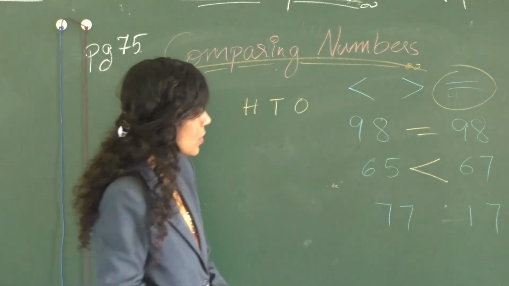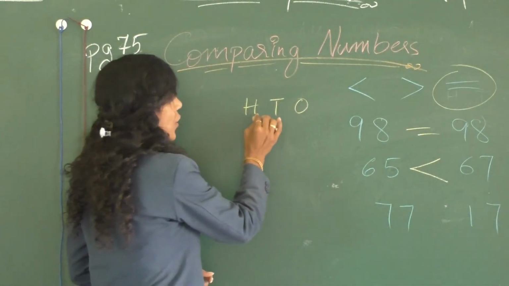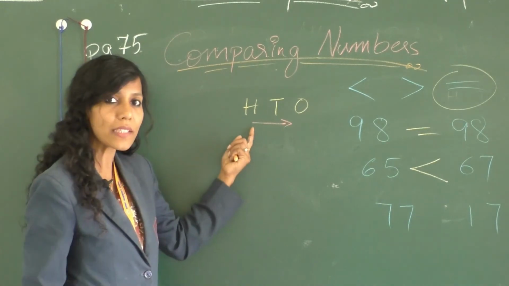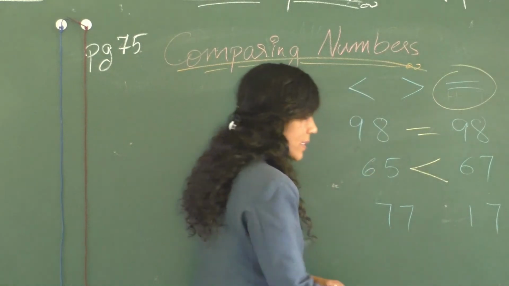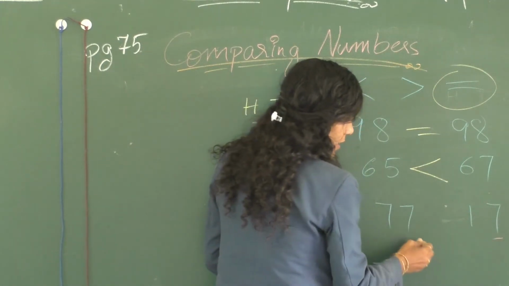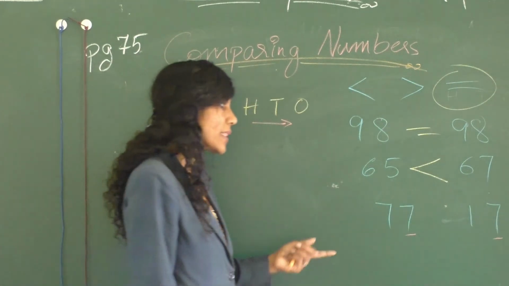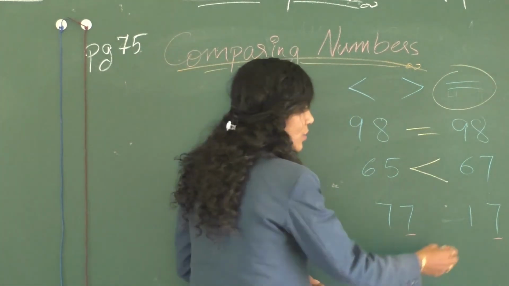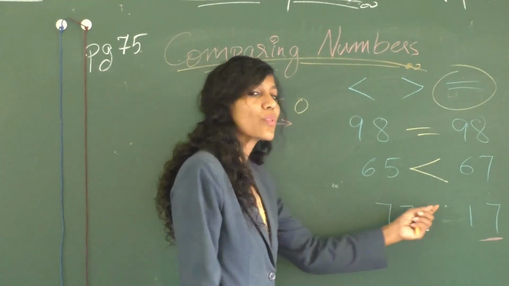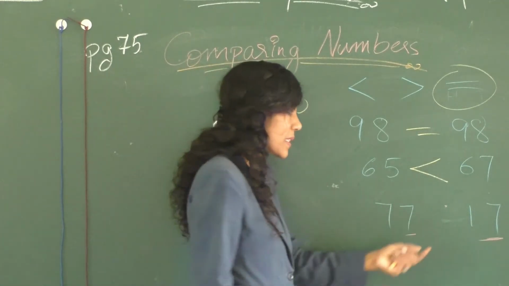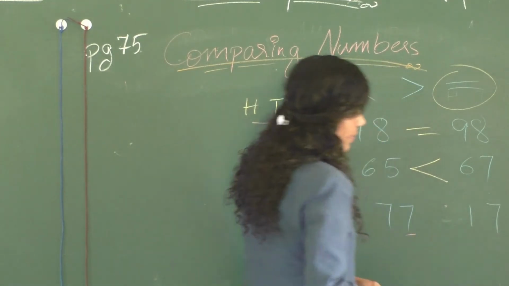We have 77 and 117. If you're not following this order of seeing the first number and going to the last, if you start from the back, what happens? See? 7, 7. Both are same. There's no difference. So you naturally say this is also same, this is also same. So you can make slight mistakes here.